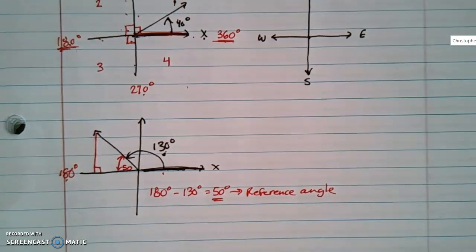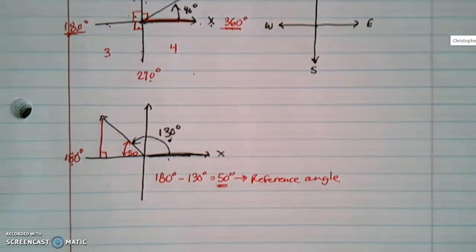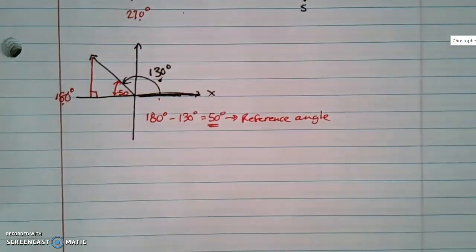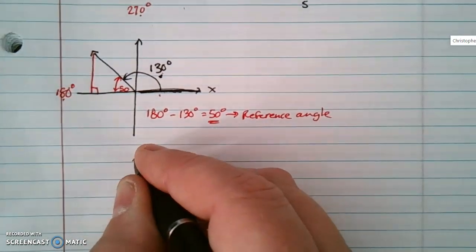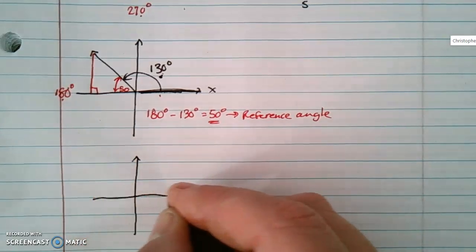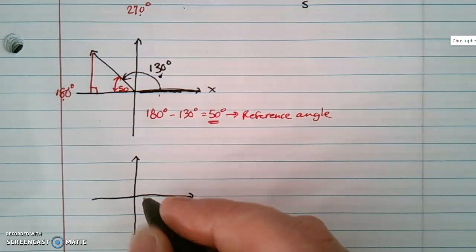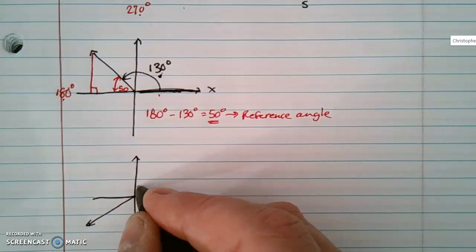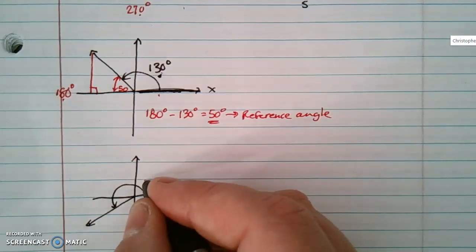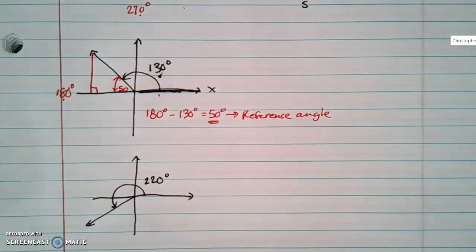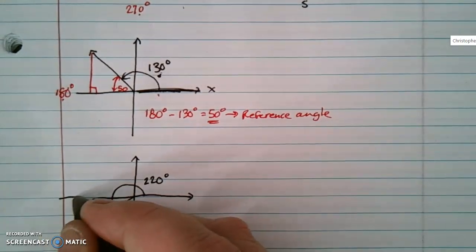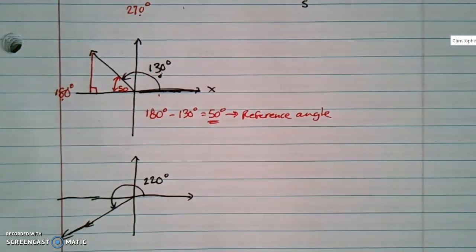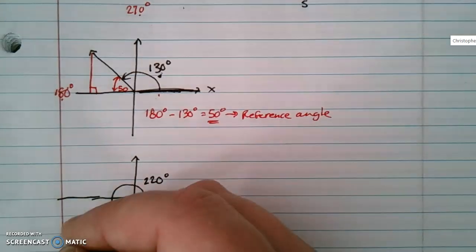Now what I want to do, I've got this one, 130 and 50. I'm going to do 2 more. And I want to show you what's so neat about them, but I need a few of them to show you. Okay, so let's do a few more. So let's find a few more reference angles. Okay, so let's try one. Let's put one here. Let's put one here. And we're going to say from there to there is, let's say 220, just for fun. That's 220. Now, what are you going to do? You're going to go to the nearest